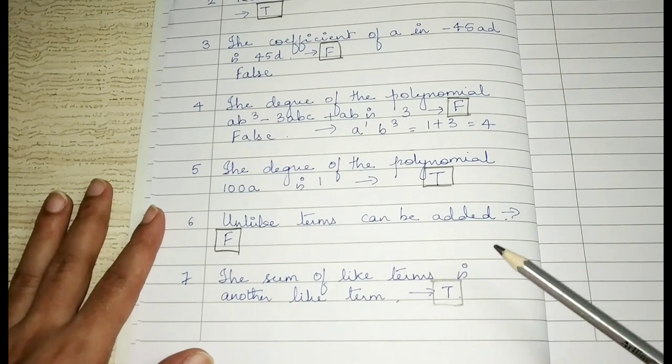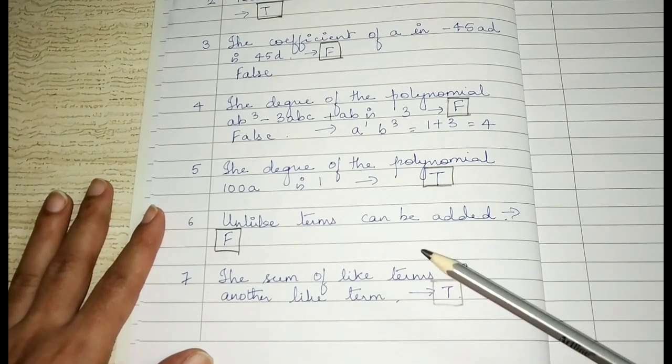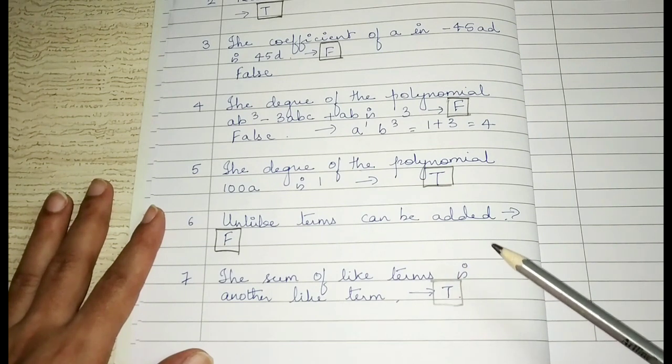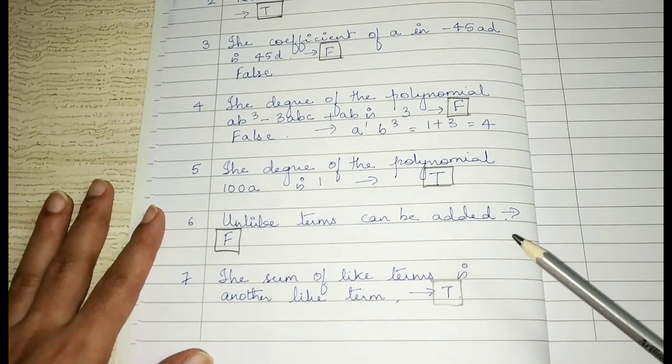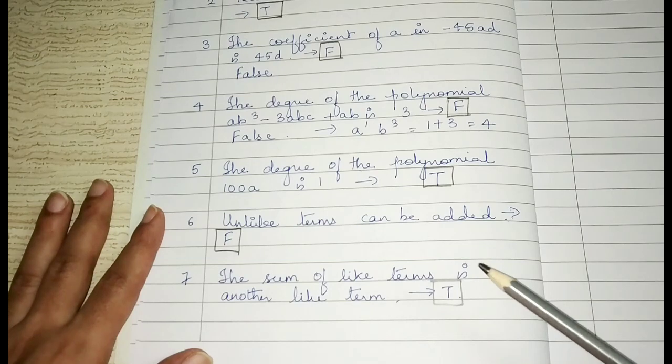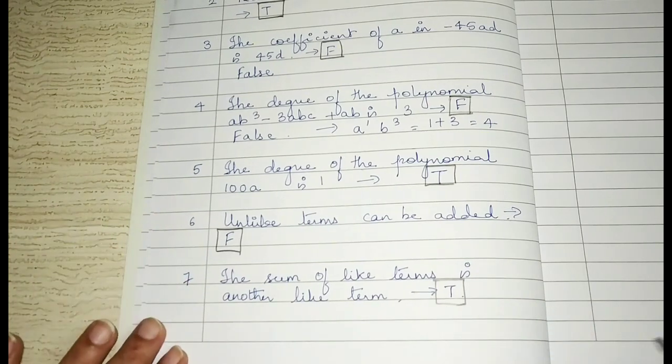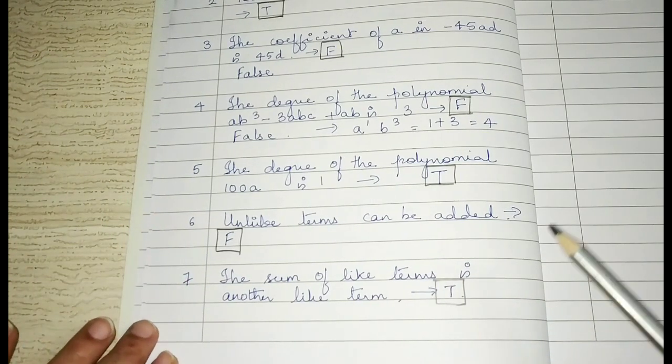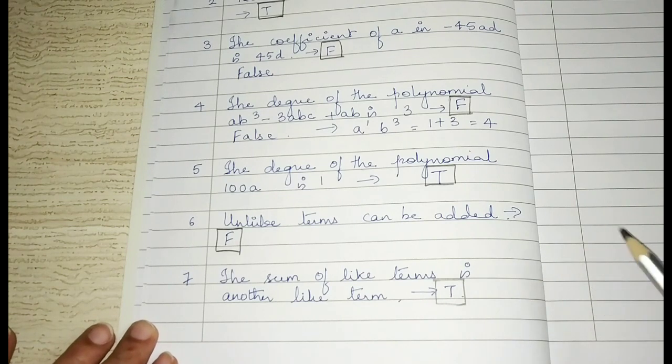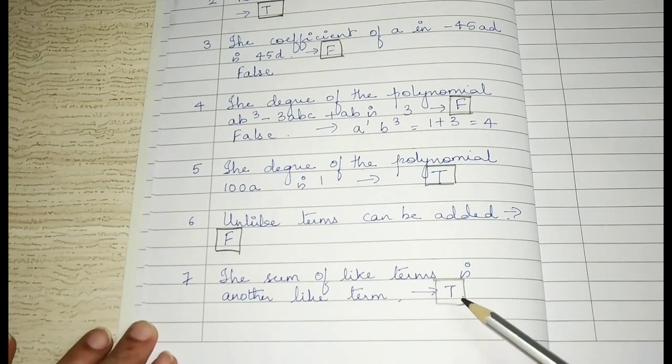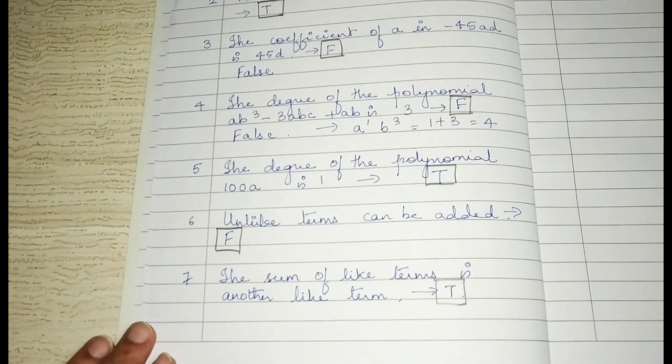It has the same power as 1. 2a plus a is 3a. So the power of variable doesn't change. And there is a variable a there. So like terms added will give the sum as like term. सो ट्रू, T you have to write. तो इसके साथ ही हमारा क्वेश्चन सी, ओके, of chapter revision algebraic expression